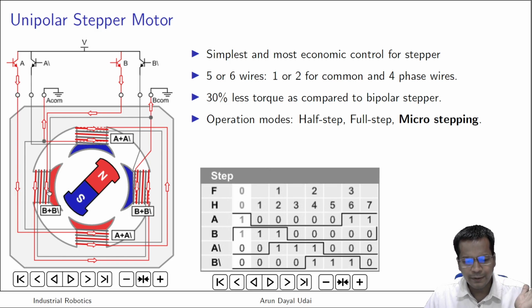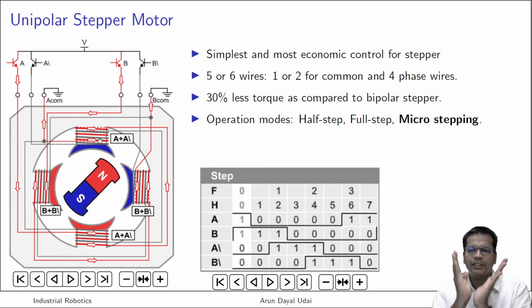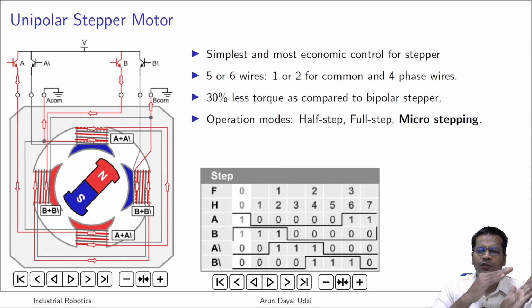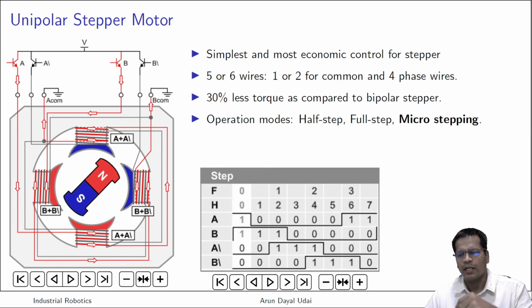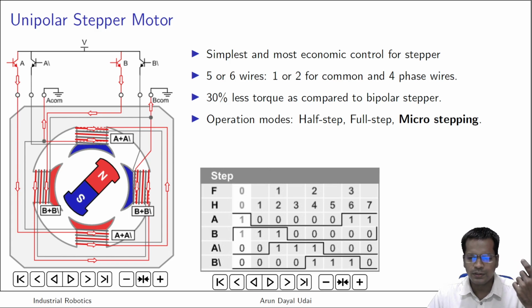It can go like high, partially high, this is partially low, and gradually you can make it fully high and this is fully low. So your pole shift can happen gradually from one to the other one. Instead of just switching this high or this high, you are gradually shifting the pole from this to this. So that will make this armature rotate in a very uniform manner. So that is how micro stepping works.